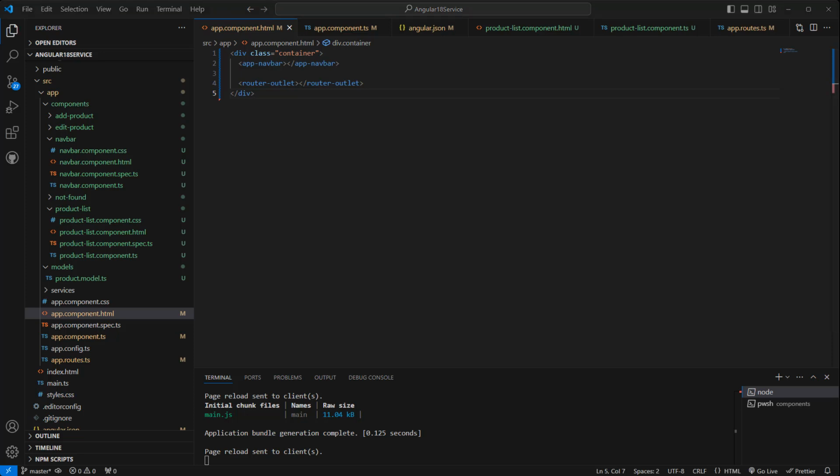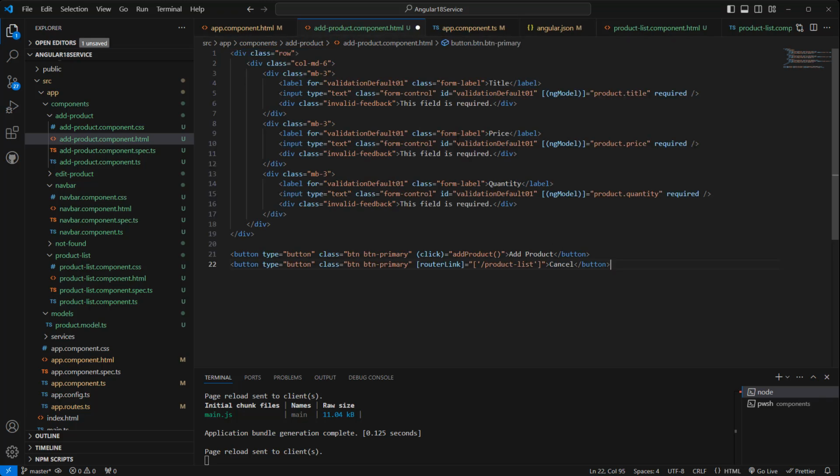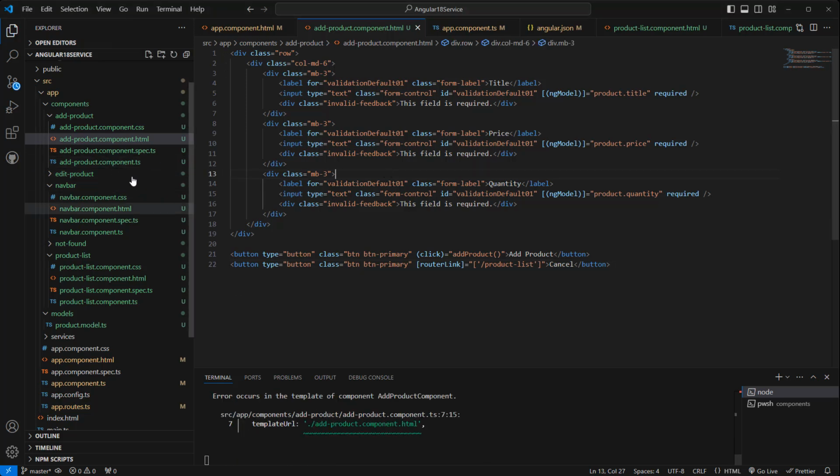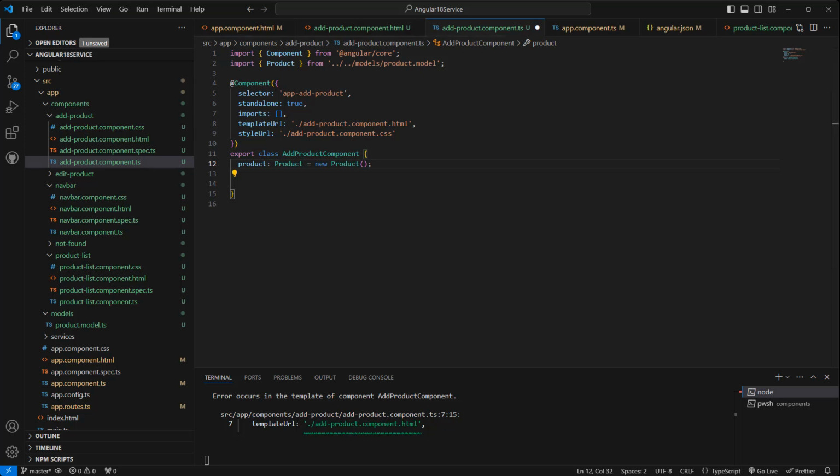Now let's fix the edit page. First of all, add product. So I'm gonna use the template from my previous episode. So this is the template I'm using from the previous episode. Here I have all these bindings, and if I save, it will throw an error. Let's go back to the component. Here I should have a product. Also import that product, then I use one add product method in the HTML. Okay,